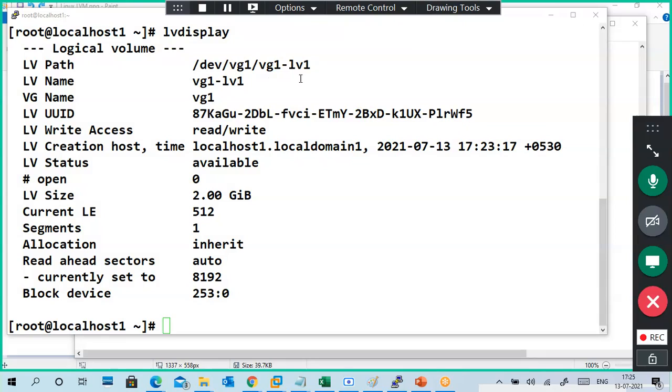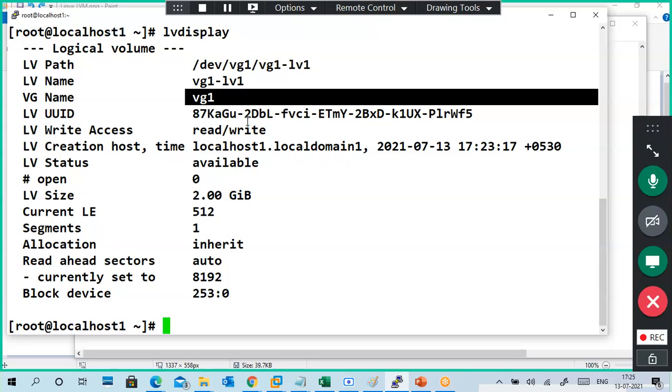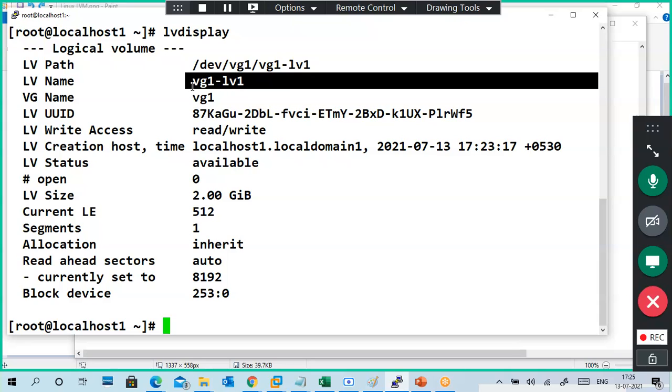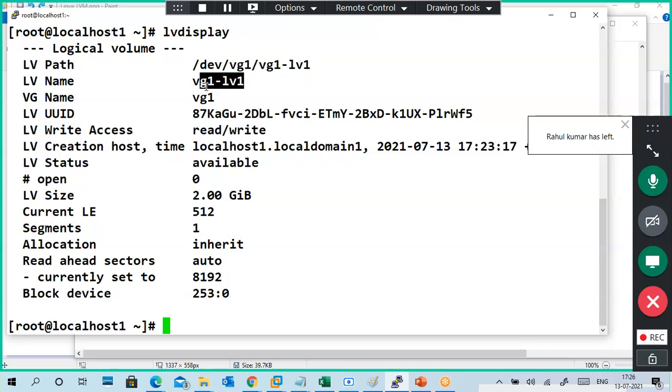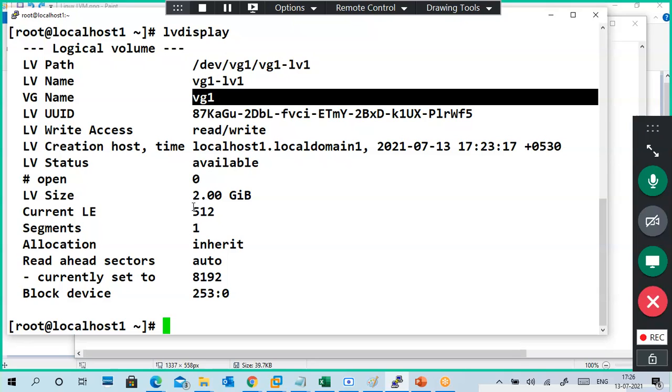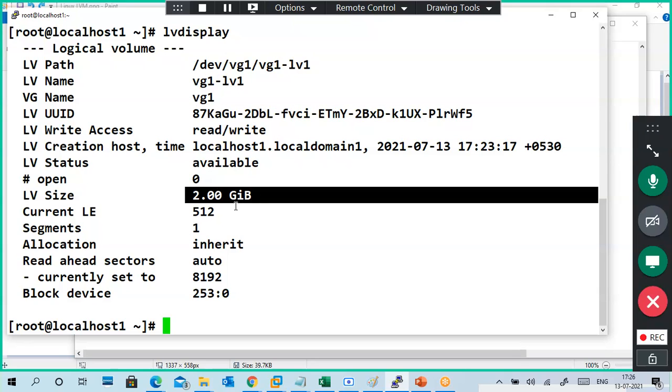Okay, so this is the names only. For volume group also you can put it. For example, volume group is a CTS group, and volume name is like my name Latif, like that. I can put it, no problem. It's names only, just for understanding and for easy to get it, we'll do it. So this is the path of your logical volume. Your logical volume name is this one. This is the path, and from which volume group and how much size, 2 GB.